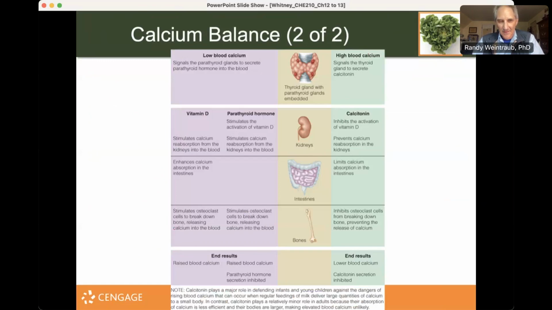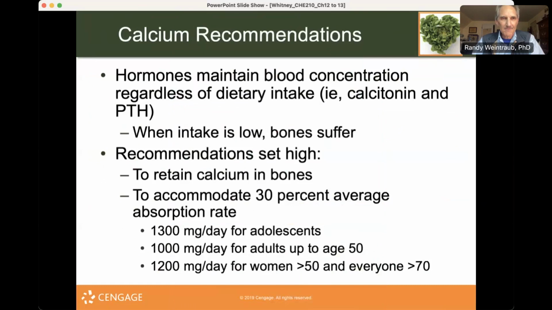We see that here. Look closely at this diagram, very important. We have several organ systems involved, hormones, and calcium and vitamin D. And to maintain homeostasis of calcium and other systems, calcitonin and PTH are the hormones involved. Very important to maintaining our blood calcium levels and keeping bones healthy.